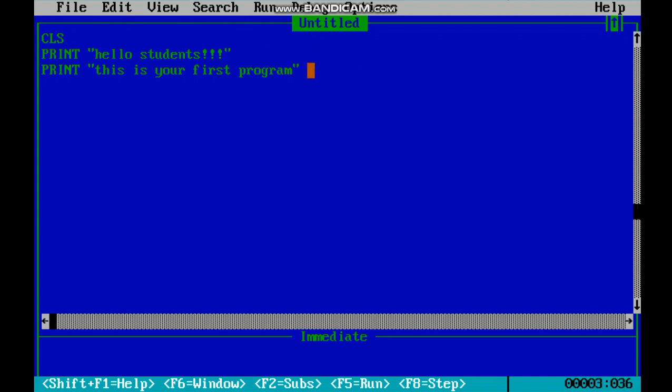Now whatever we want to print, we have to put it in double inverted commas and we have to use the print command. Next thing I am going to do is use the input command. So the input command is basically used to take the input from the user side.